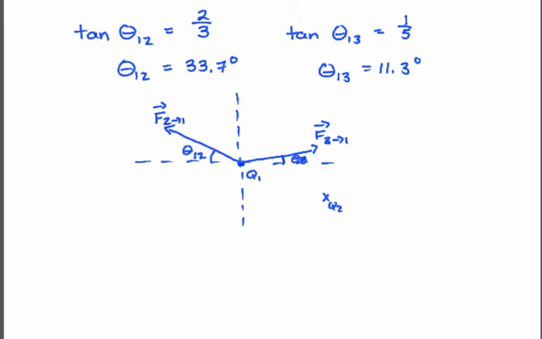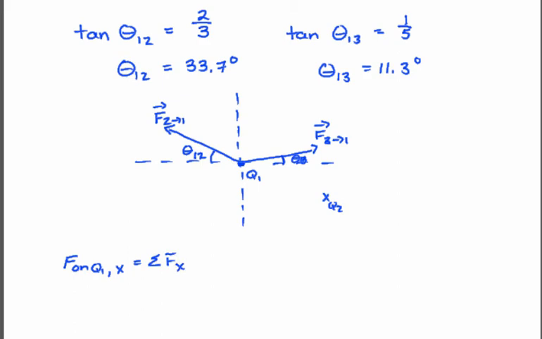Alright, so now we know what directions the two forces on Q1 are pointing. We know their magnitudes. So now we can go ahead and break this down into vector components and solve for the magnitude and direction of the net force on Q1. So we'll start with the x direction. So the total force on Q1 in the x direction, again, is the sum of all forces in the x